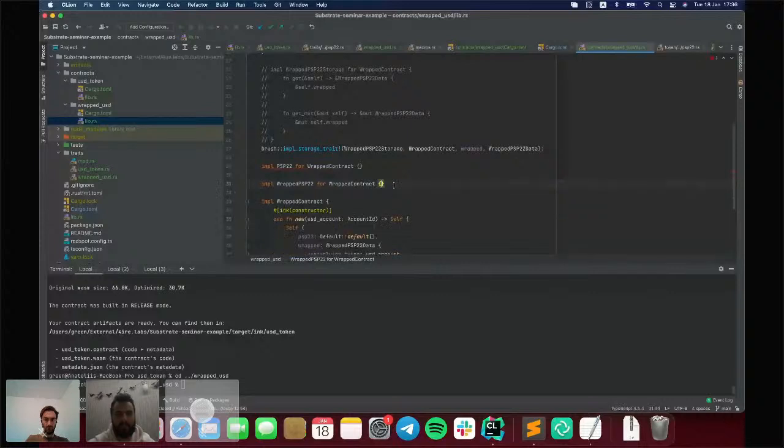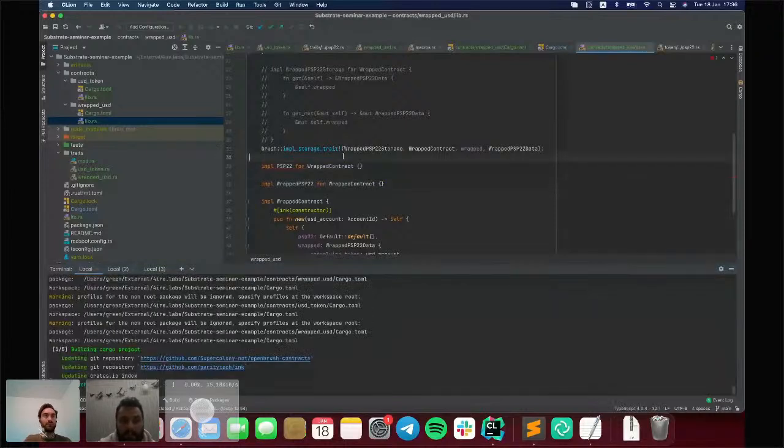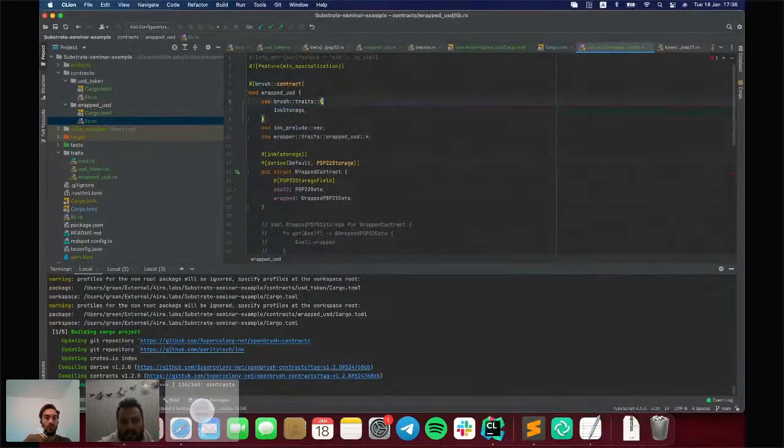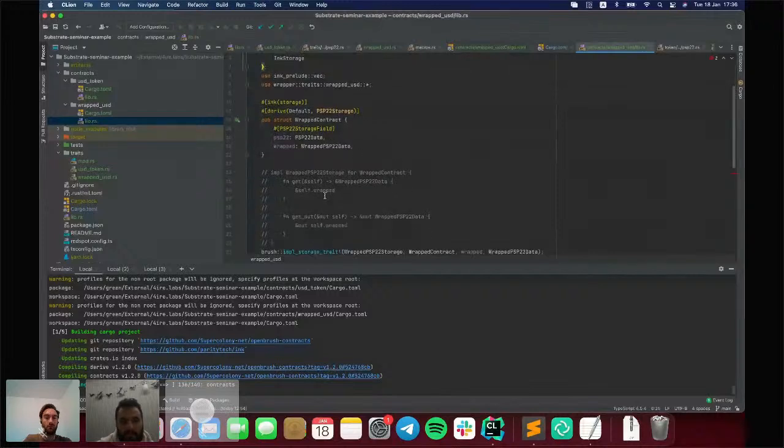So let's try to build that contract, because maybe we missed something. Also, we need to remove that because ink generates it under the hood.